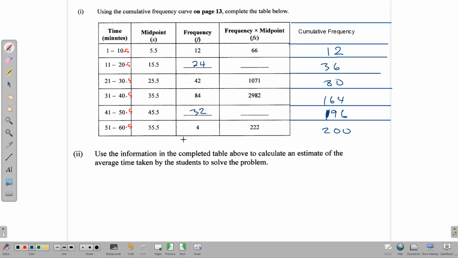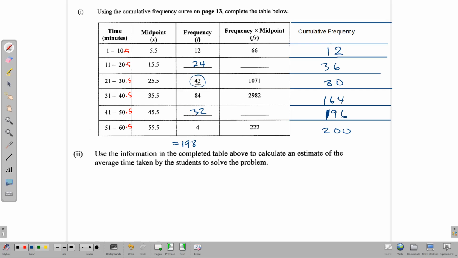Having done that, we add our frequencies together. Well, we were told that it's 200 students, but you will realize that when you add this column here, you actually get 198, which pointed to an error in the question. And I'm not sure, because I didn't see the actual exam paper for this, I got a digital copy of it. And usually, if there's an error in a question, CXC would put out an errata page, which would give the students the updated information. But there's an error right here,